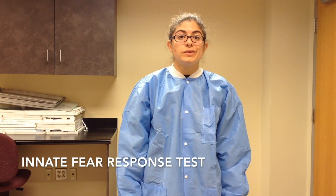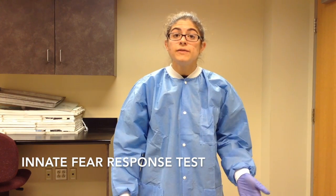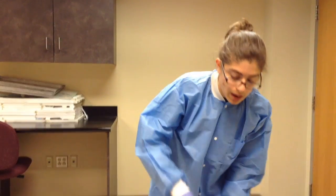The way that we are going to be testing our rats' innate fear response is we are going to put them in an open field maze. And while we do that, we have this cotton ball here, which we are putting 1 milliliter of bobcat urine on, because bobcat urine is a predator odor to the rats. So, ideally, what we want to happen is for the rats to fear the bobcat urine. So, we take this cotton ball and we place it